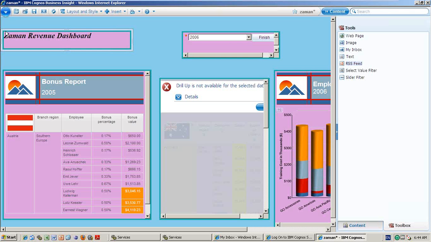Fine. Then if you don't want that one, you can go ahead and double click that one. Then the properties will be opened. Then you remove it from the dashboard.